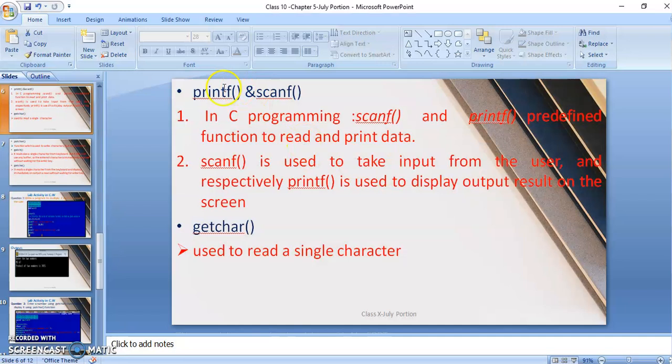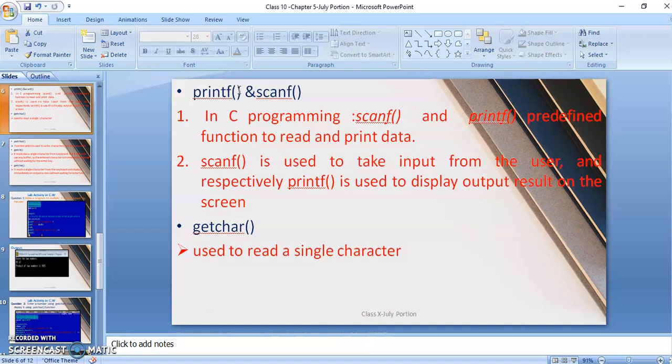Next, we have to see printf and scanf. Printf, the print formatted, is a predefined function. It's already inbuilt in the compiler. It is used for displaying values. We already did this in chapter 3, where I made you write a program displaying your name, age and class using the printf command.